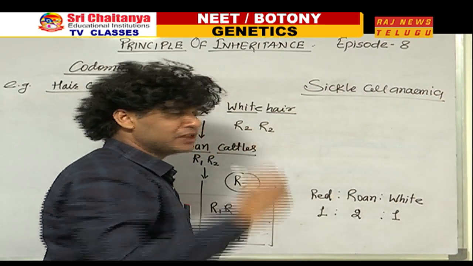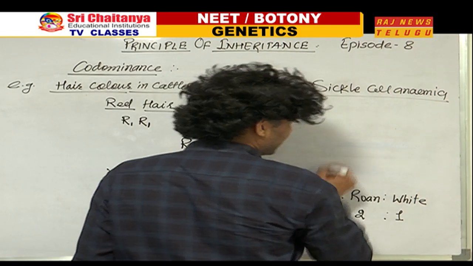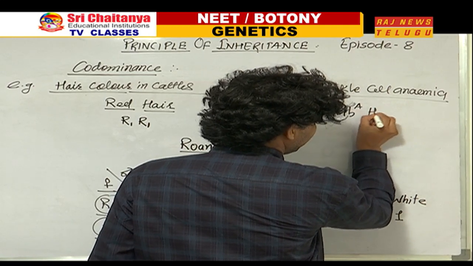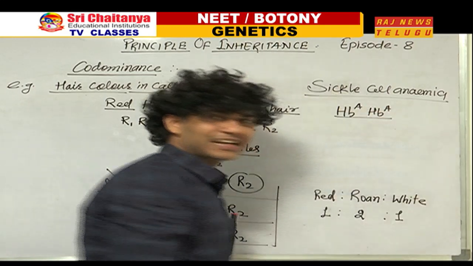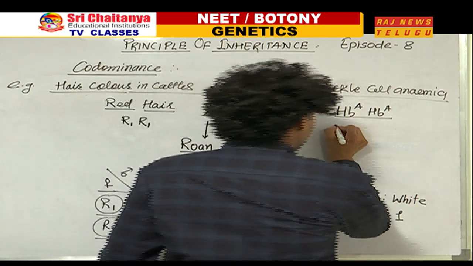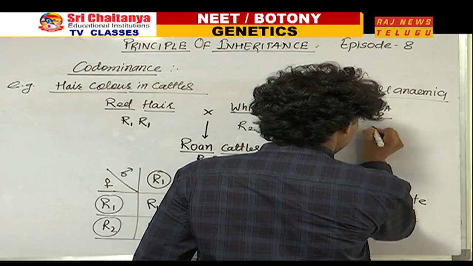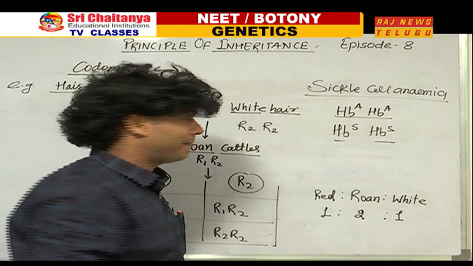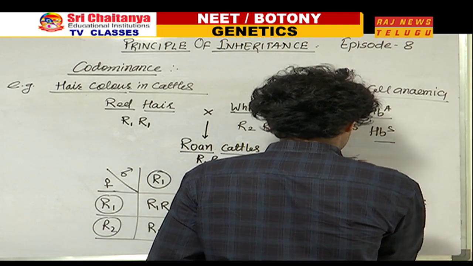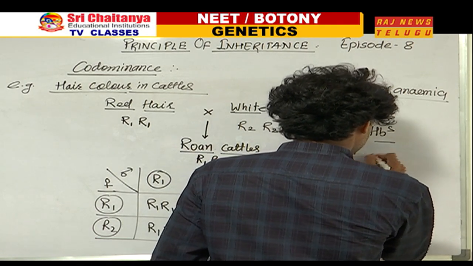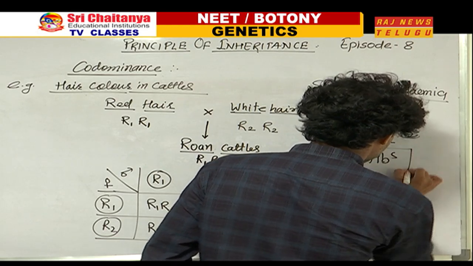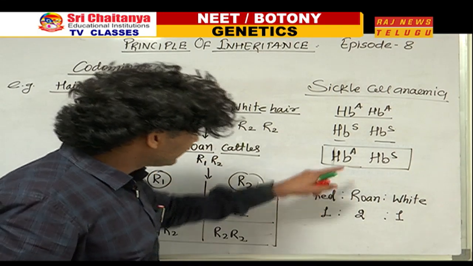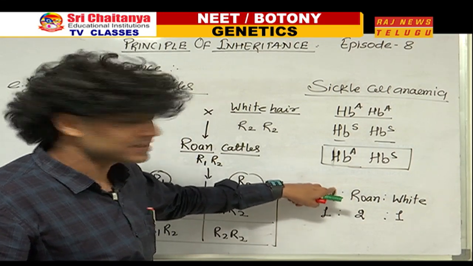In sickle cell anemia, you remember there are 3 conditions. Normal hemoglobin condition means normal gene, HbA, HbA. This is the normal gene condition, means no disease. One more condition is there, HbS, HbS, mutant gene. Both of the genes are mutant. That is called sickle cell anemia. And one more condition, that is the heterozygous condition, HbA, HbS. This condition is known technically as sickle cell trait, and this is the example of codominance, because if any